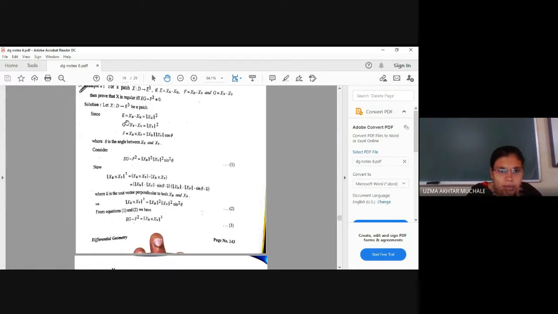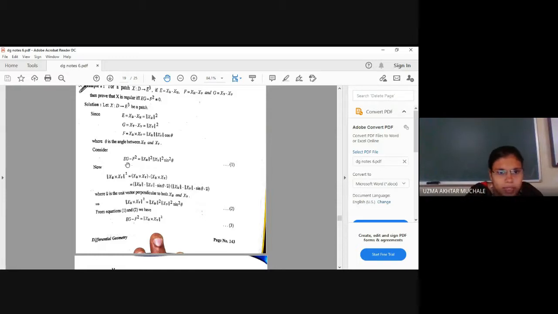Okay, now let us go one by one. What is E we have provided? Let us find out Xu dot Xu. By using the norm definition, X dot X is the norm square of X. Similarly, we can go with this. Now, what is the cross product? The cross product of any two vectors is the product of their norms and sine theta, where theta is the angle between these two vectors.